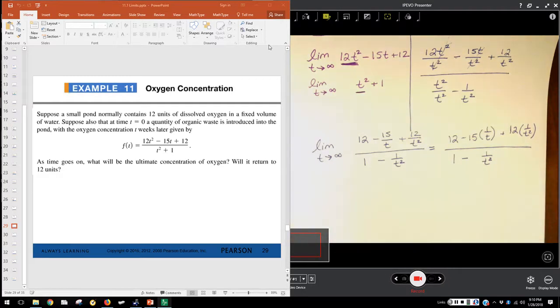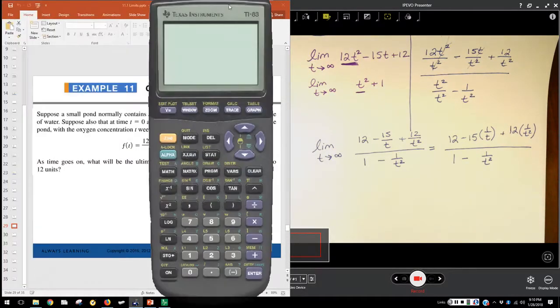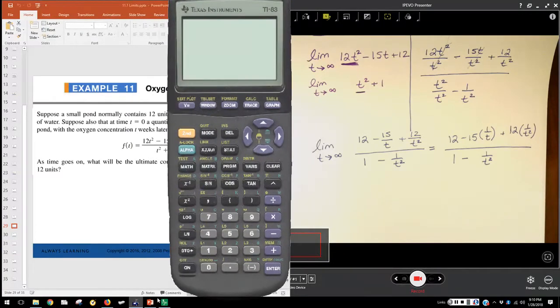Now for the moment we're going to leave off with that, and we're going to talk about what happens to 1 over t as t gets larger and larger and larger. So in order to do that, I'm going to get the calculator, and we're going to go into the function window, and I'm going to clear off what's there, and I'm going to enter in the expression 1 divided by x. And then, just as we've done before, I'm going to go to table set and make sure my table is set to let me ask for x values. So then we're going to go to the table,